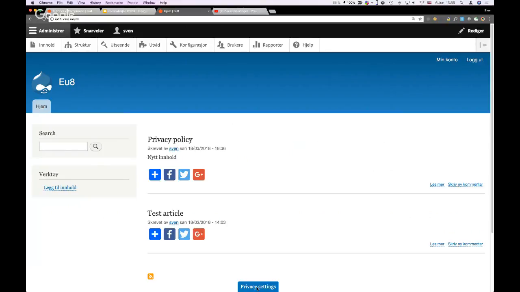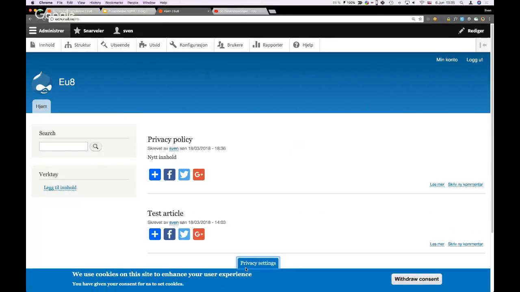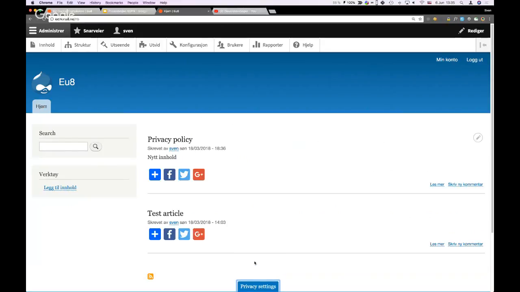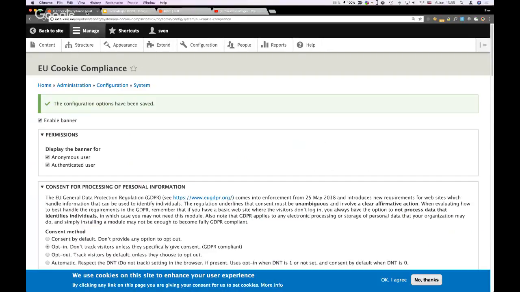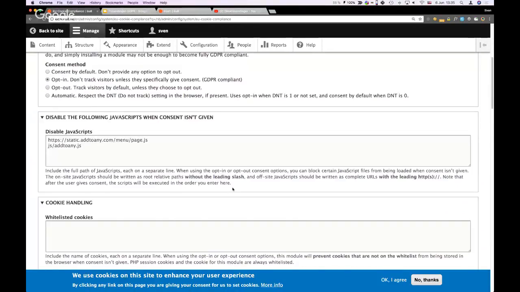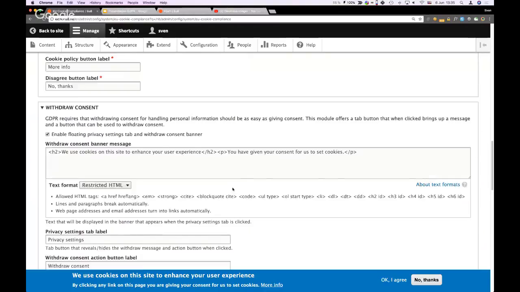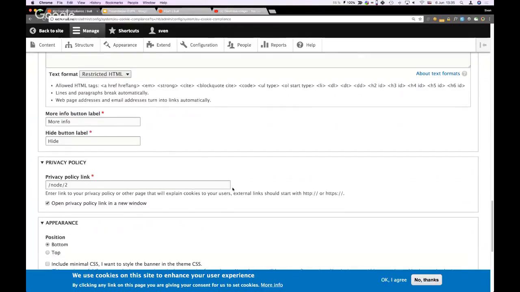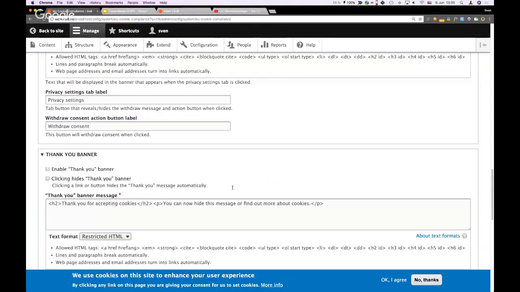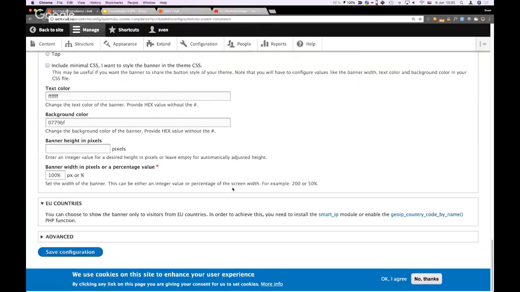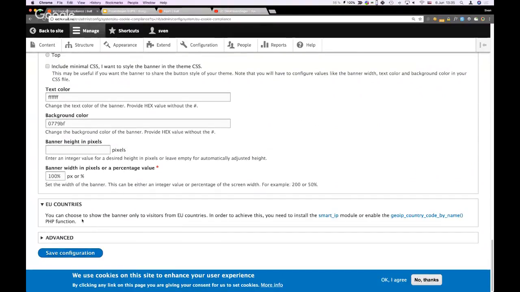And then the user can go to privacy settings, and he has a nice drawer where he can also withdraw consent if he wants. I think that covers everything I wanted to show you. There are some additional features. There's a very nice feature with this module,